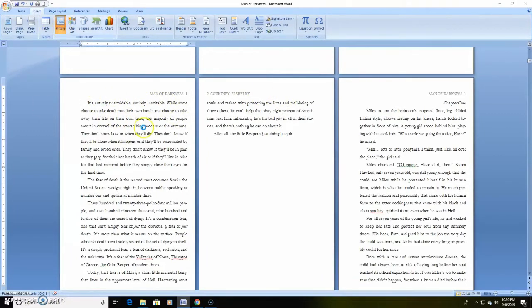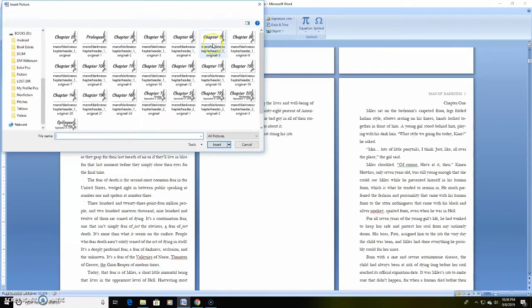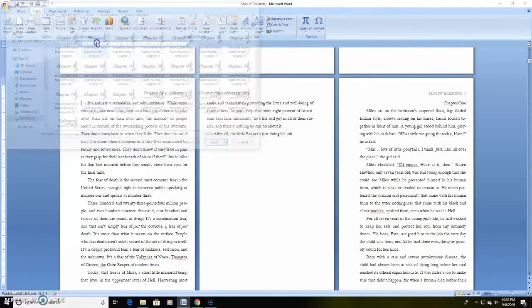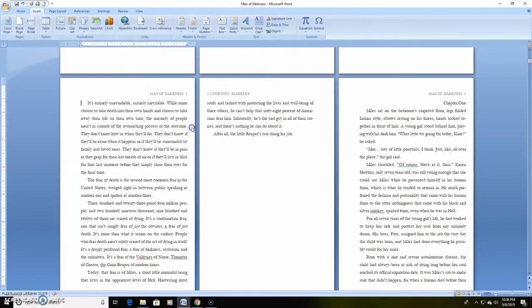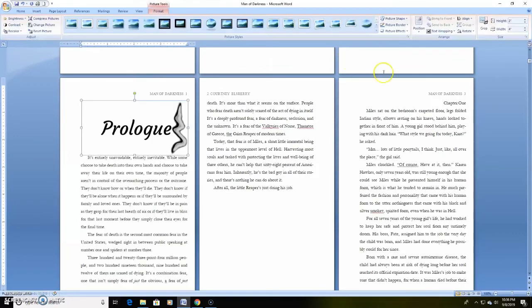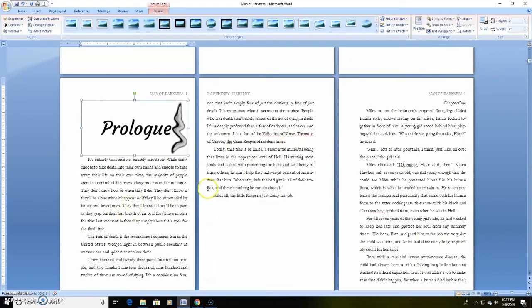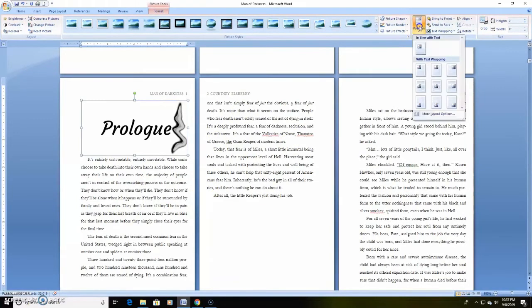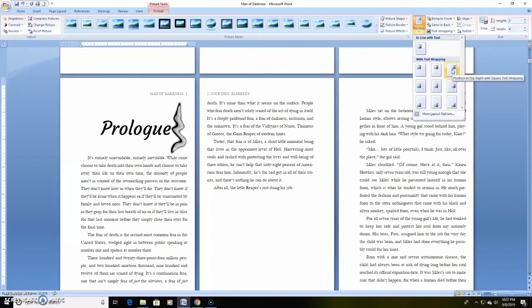And then I'm going to go ahead and insert a picture. And we're going to put the prologue in here. And then text wrapping, I'm going to go with tight, but you can do pretty much any of these. Top and bottom works really well, and square usually works. But I found with Ashes in the Light, having it set on tight rather than square worked much better. So that's what I'm going with here, but find what works best for your book and the way that the word's set. So I'm going to put it up here, I think,